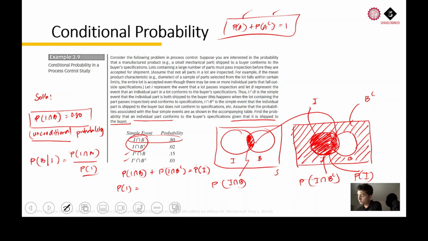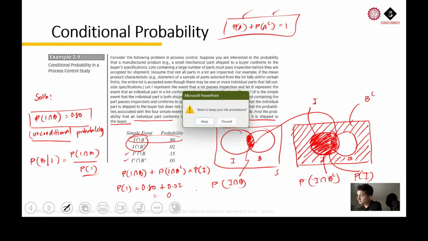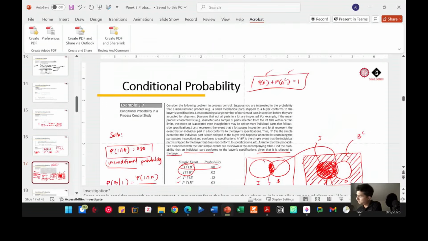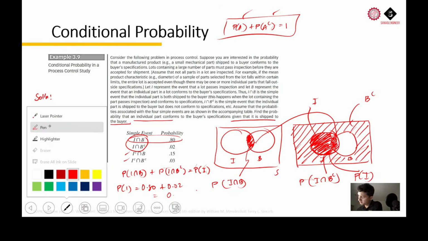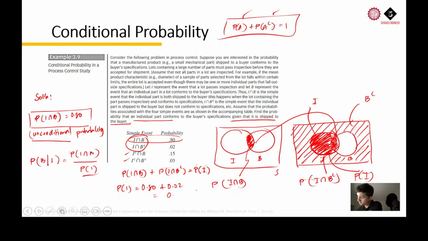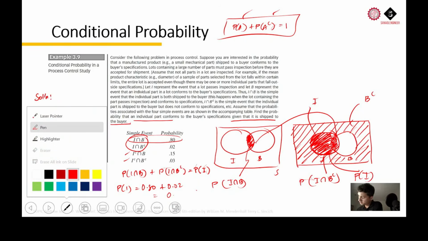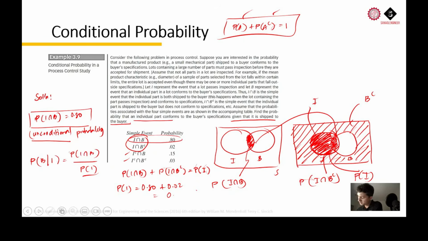P of I: we have 0.8 plus 0.02, and that is 0.82. Okay, so going back to the equation,